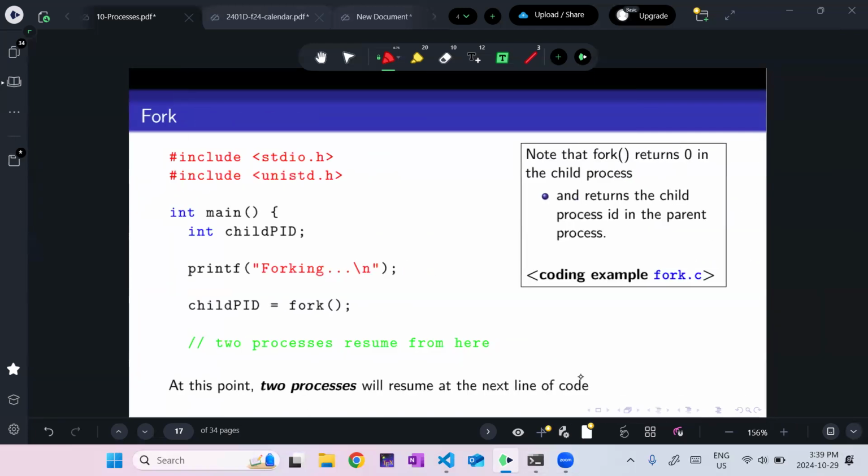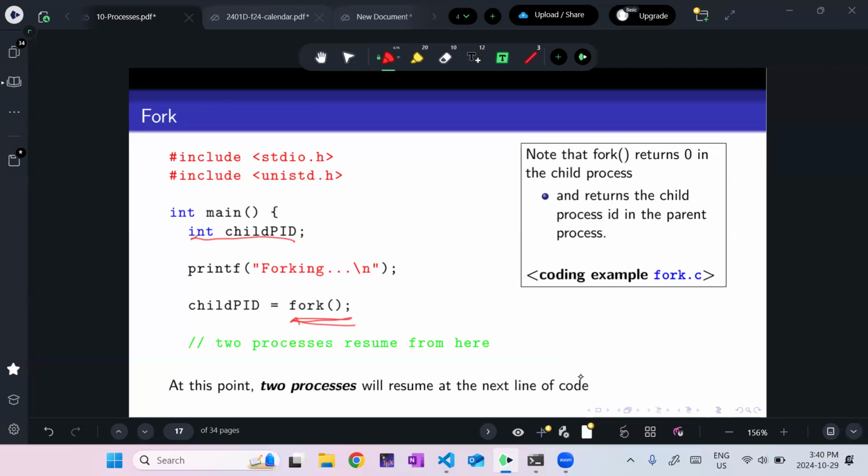So first thing we're going to look at is fork. Typically a function produces an integer. However, when I call fork, now I have 2 processes running. And depending on what this fork call returns, I can figure out if I'm the child process or the parent process. So if this returns a 0, then I'm the child, right?